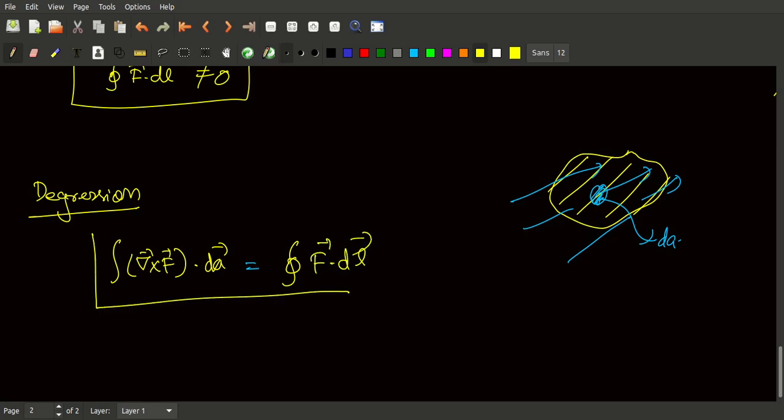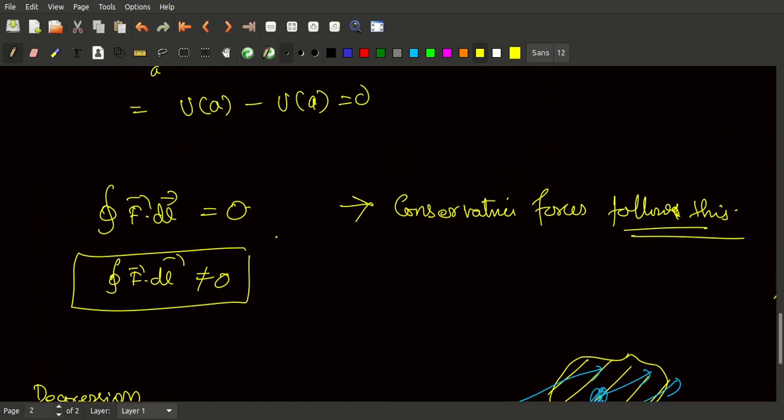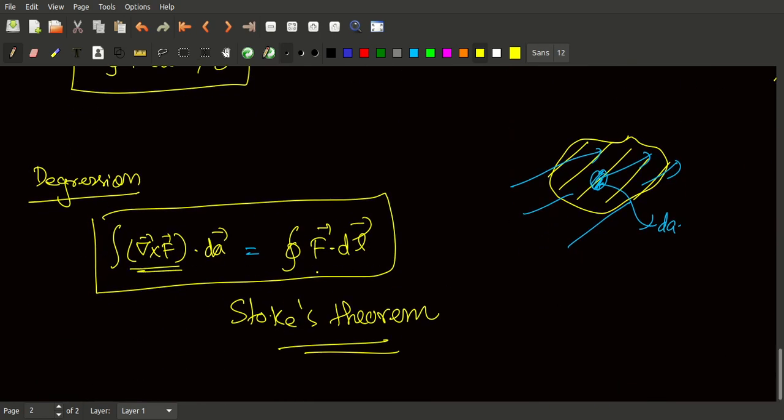You see, there is a relation now between this curl of f and f dot dl. I just wanted to show you this relation. This is called Stokes theorem, which you are not familiar with now. You will learn about it in the second semester in PH102, in detail, with the proof and all. But since I discussed this part about the conservative force, I just wanted to show you how this curl of f and this f dot dl are related. Okay. So let's see what will happen in question number 3 regarding the force F2,